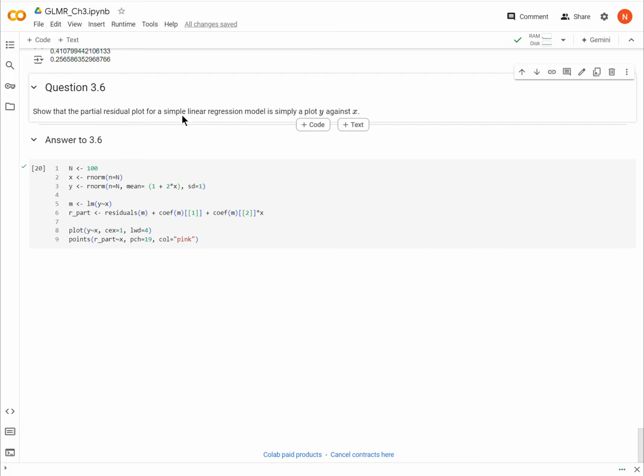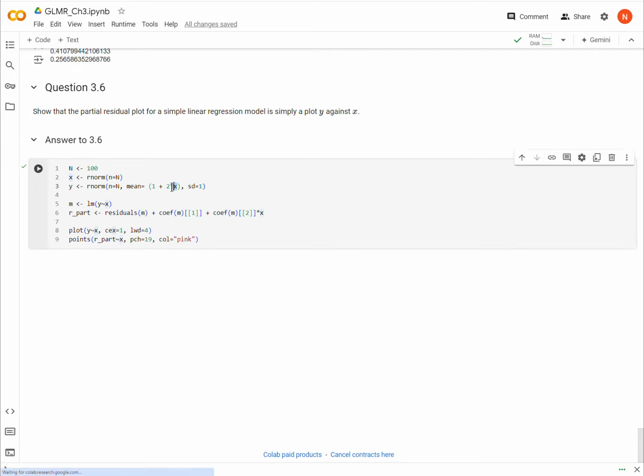Now, in a way, this is almost tautological because the partial residual is the residuals with the linear component added back, at least of one of the variables. And here we only have one variable, and that's x. So we're just adding back the linear component of y per x. The way I'm going to demonstrate this is I'm going to make some